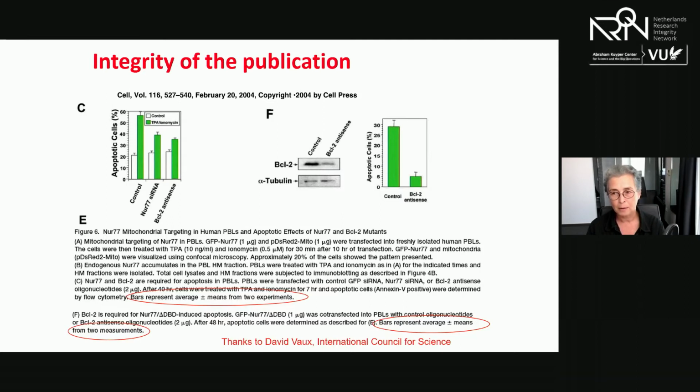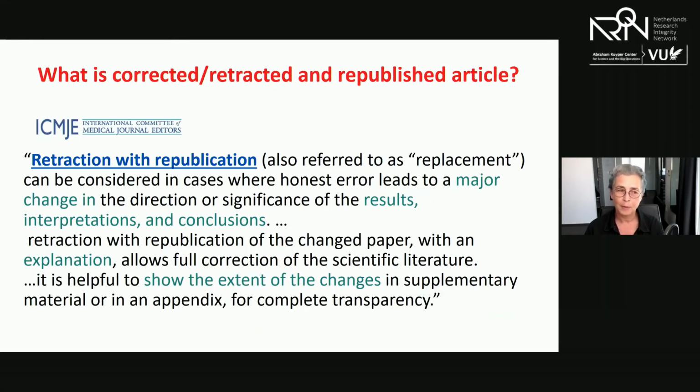So issues like this and examples like this really put into question, can we trust what is published and what was talked about before? And also one particular question that has emerged recently is republishing an article that had an honest error. So retraction of articles that have some form of misconduct is clear. This should be retracted, it should be indicated. But what if it is an